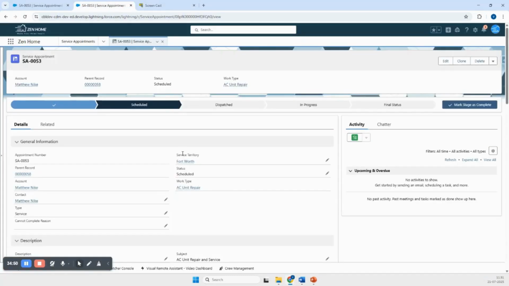Now let's say I'm going to dispatch the service appointment. The moment I dispatch it, you see a notification came in from the FSL mobile app. Okay, it says the service appointment has been assigned to this particular resource and has been dispatched actually. Okay, right. Now you could see the status of the service appointment will be,